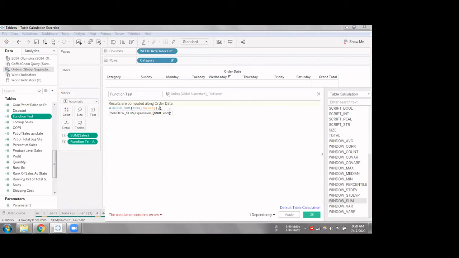Let me just give, for the time being, 0 and 1. So if you remember, I gave start value as 0, end value as 1. Let's see how the results are.